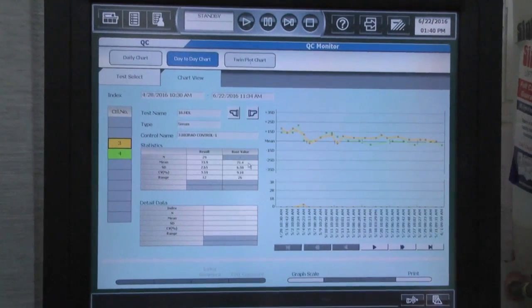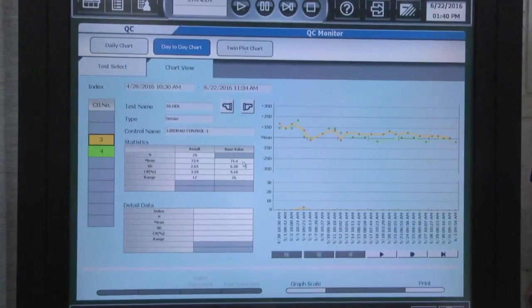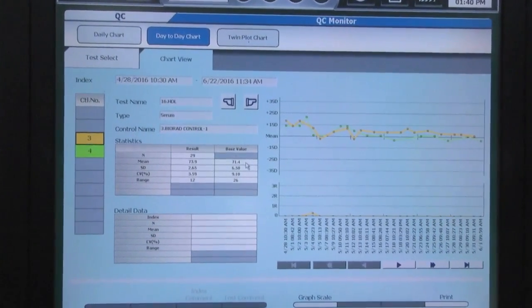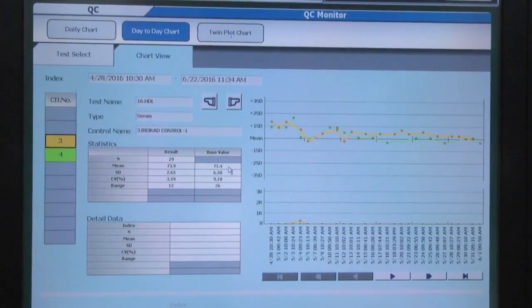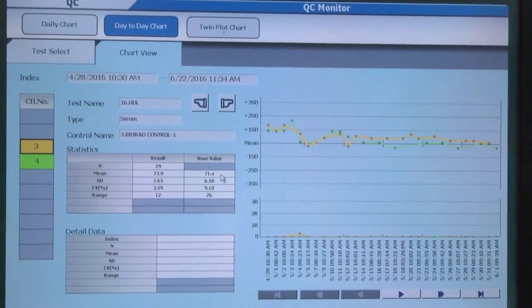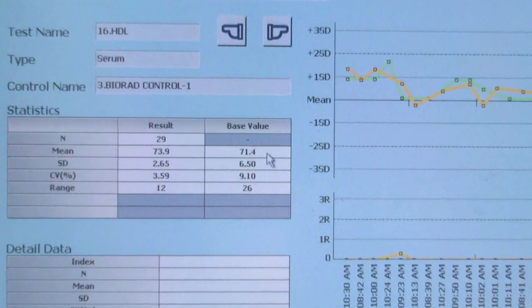In an automated equipment, all the quality control values get stored as data points and are plotted on the Levy-Jennings chart. The data points need to be evaluated within the defined standard deviation to be a valid run. If the values are outside the acceptable range, corrective action needs to be taken.